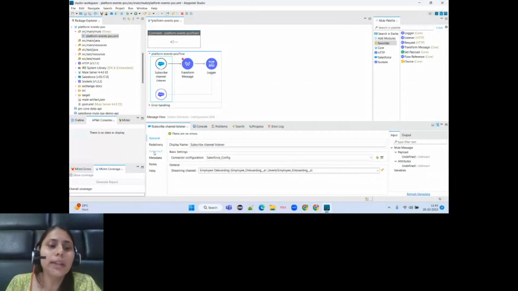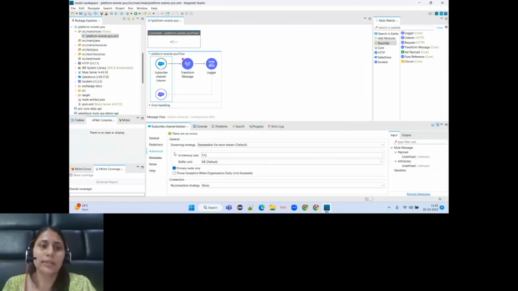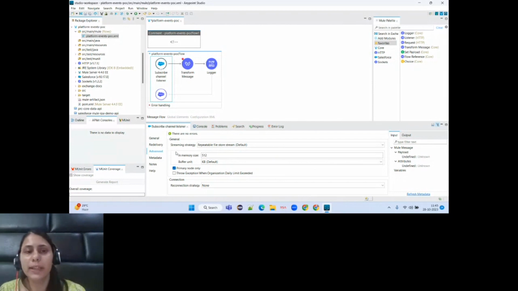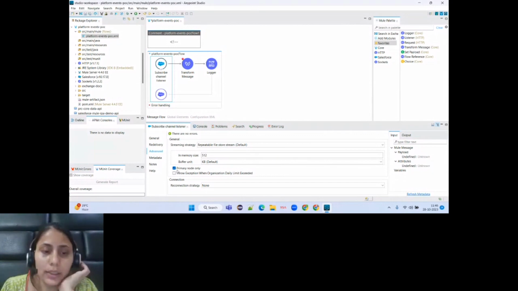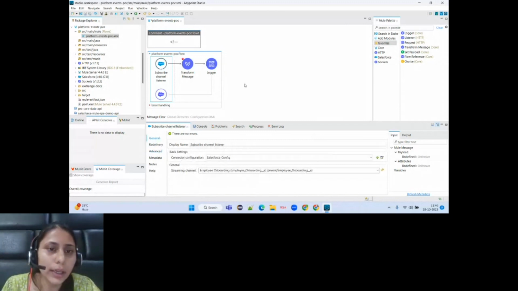One thing I want to mention here is that we also faced one problem while implementing this use case in one of my projects. If you are deploying your application to more than one replica, you must make sure that you check this primary node only option. Otherwise you will face duplications. Let me show you. My application is already in deployment mode.